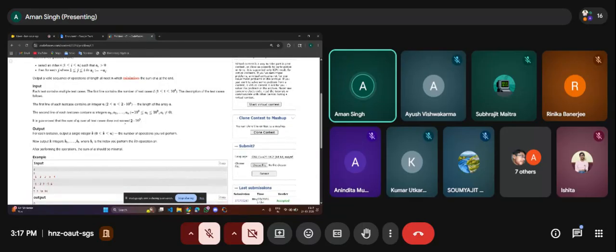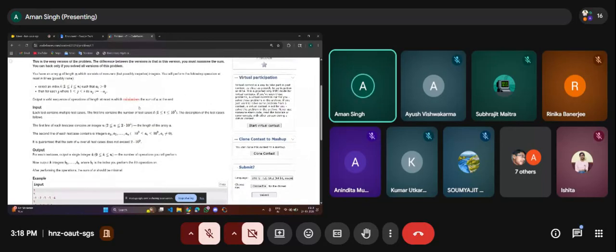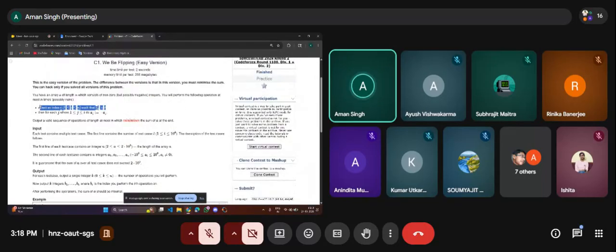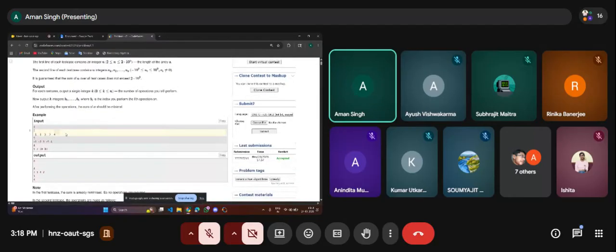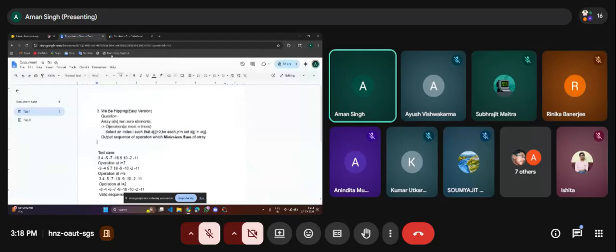So what is the minimum value we can get if we can change the sign of every element? If we convert every element to negative, then we can minimize the sum of the array. If we change every element to negative, then the answer will be minus the summation of the absolute values of all the elements, right? But here, as we can do this operation only if a[i] is greater than 0, we will try to make all the array elements negative. Let's see how we can do this.